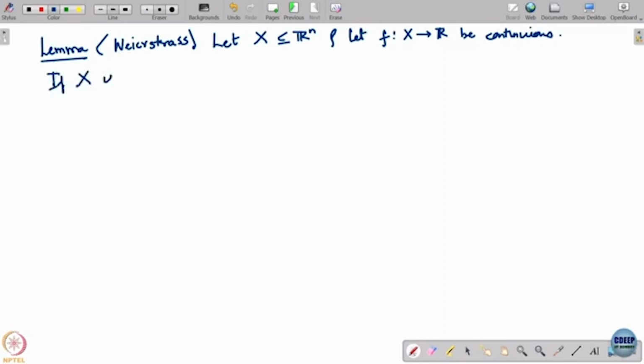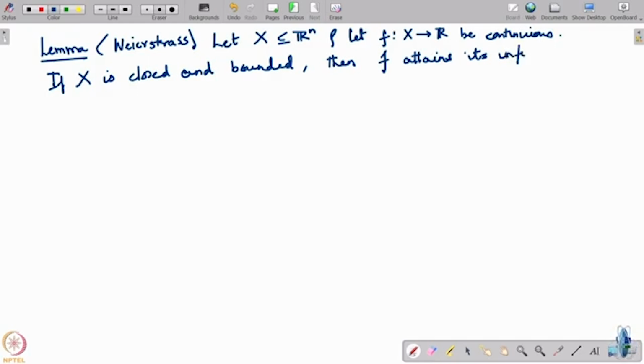If X is closed and bounded, then f attains its infimum over X. So, consider a function f and a set X which is a subset of R^n,